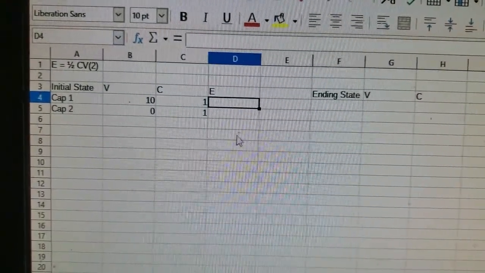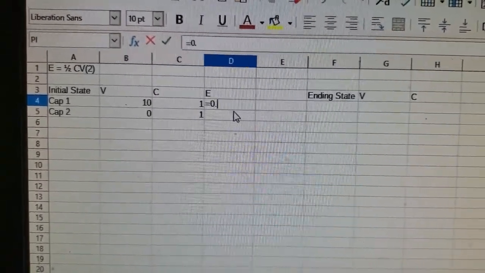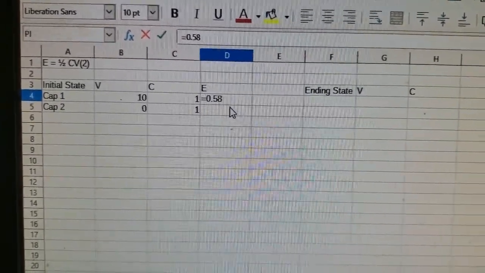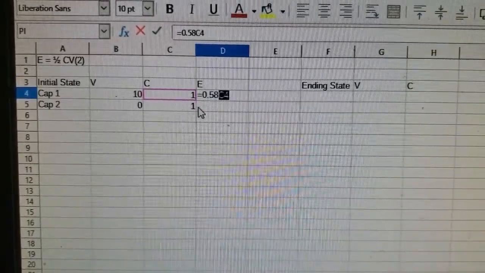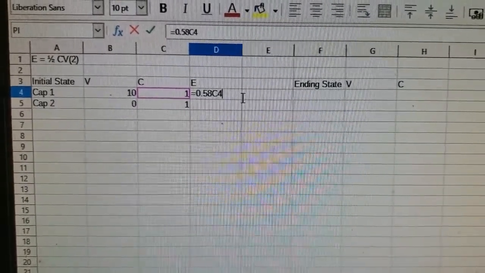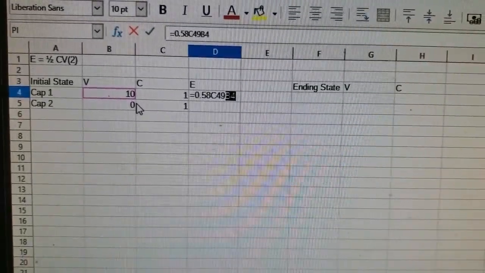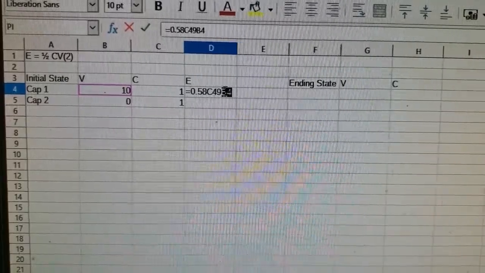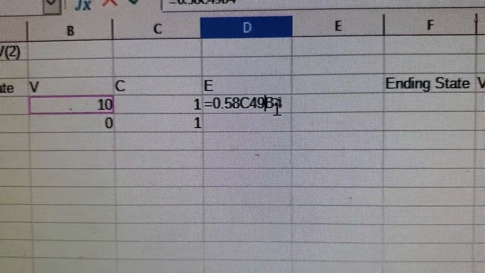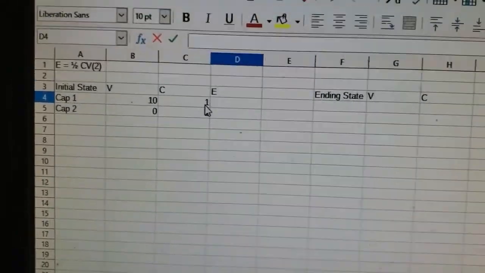So therefore the energy will be equal to 0.5 times 1 millifarad times 10 squared, so times 10 again. Just to show that, 0.5 times the capacitance